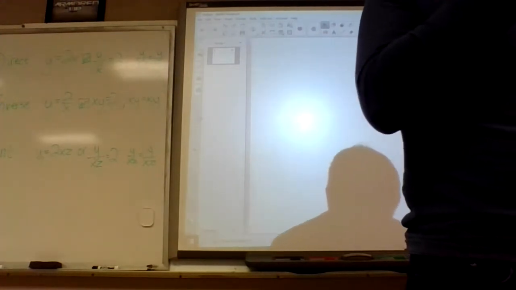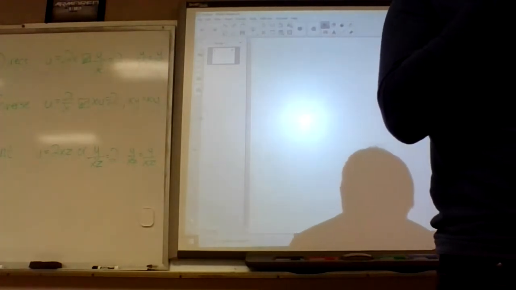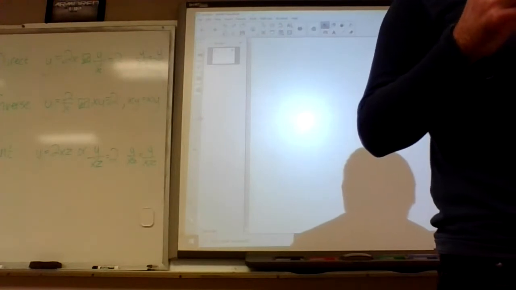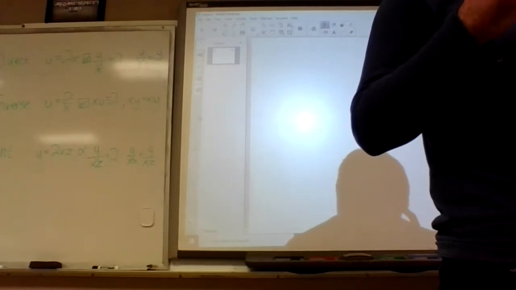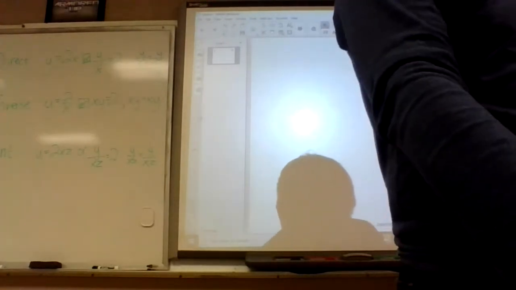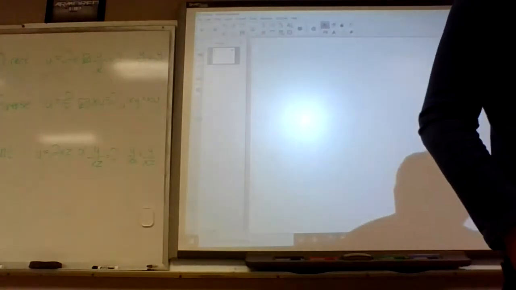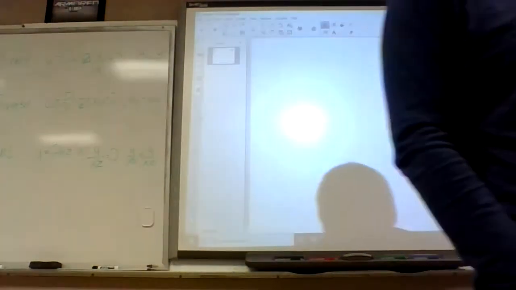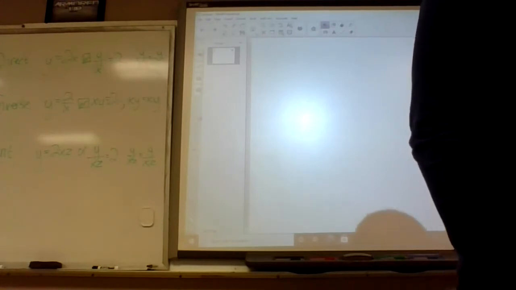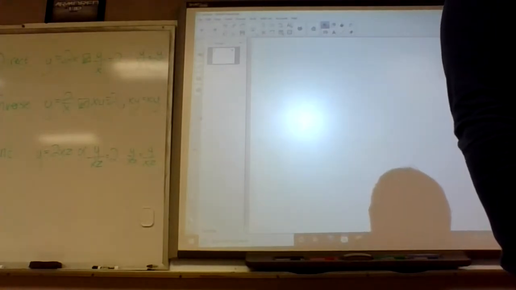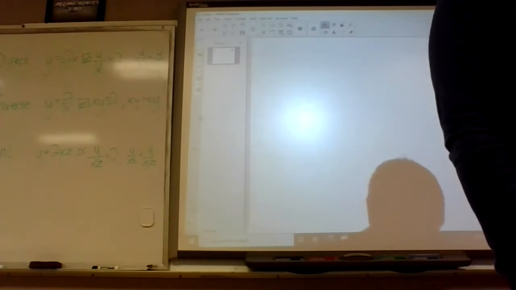Okay, number 3, an experiment consists of randomly drawing one marble from a bag containing 7 red, 4 blue, 3 orange. Express each probability as a fraction. So this is kind of a review. What's the probability that you would draw a red or orange? How many red or oranges are there? There's 7 red, 3 orange, so it's 10 out of